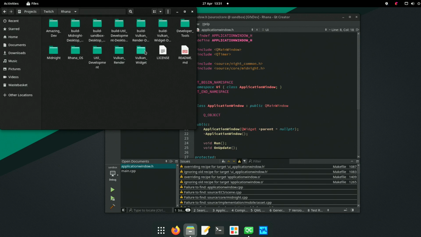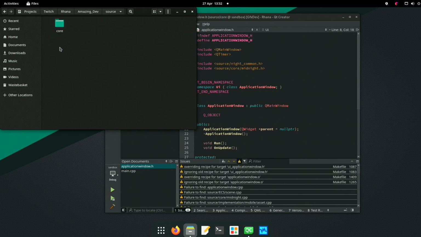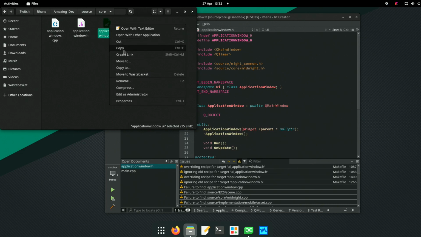This is one of the interesting things about trying to develop software. It's where the software is and how the computer paths to it. So we are now looking in Amazing Dev under Source, Core, and we're looking at this UI file.